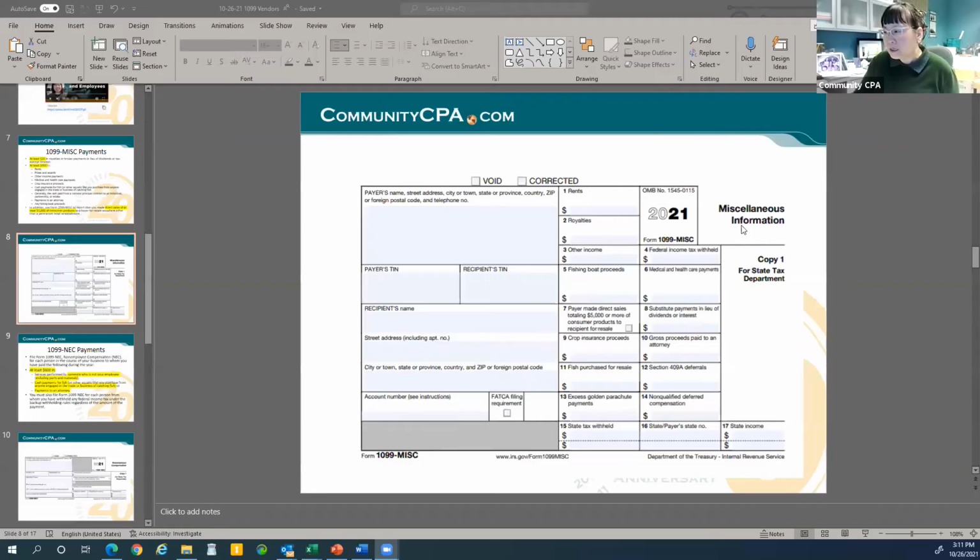So that is about 1099 miscellaneous. The 1099 miscellaneous form looks like this. I want to quickly show you what I got here. This is 1099 miscellaneous, right? You see we covered rent, and royalties over $10 should go here. Then other income, and you can see the medical health care payments I was talking about earlier. So this gives you an idea about 1099 miscellaneous.